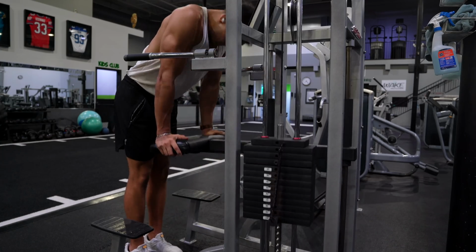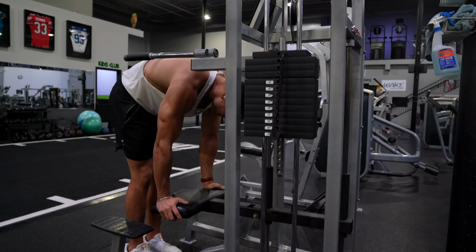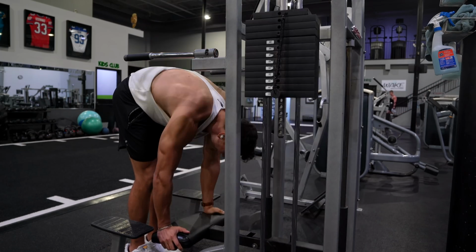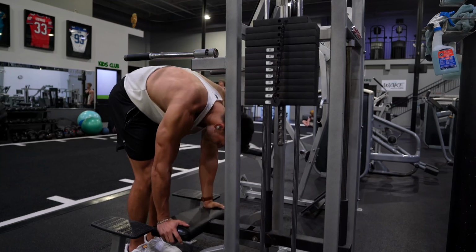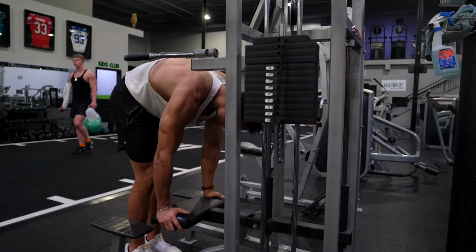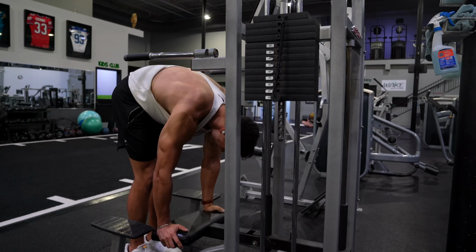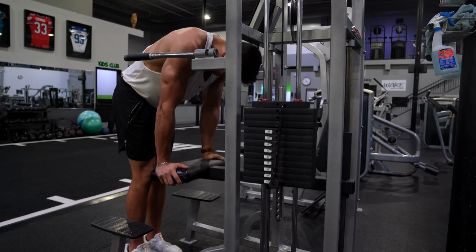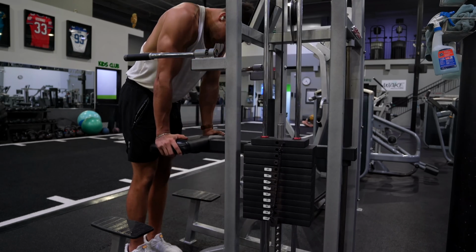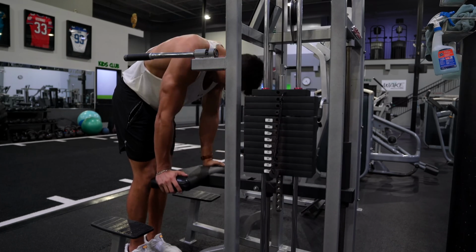So I'm on an assisted pull-up machine, and I'm using the pad that you would normally put on your knees, but you use it pressing down, arms straight, almost like a crunch or like a weighted crunch. And I absolutely love this variation for working abs. If you flex your abs before you start each rep, you're gonna feel a really nice contraction in your lower abs, which I know is a target point for most people. So absolutely love this movement for abs, and I took this 4 sets to failure,